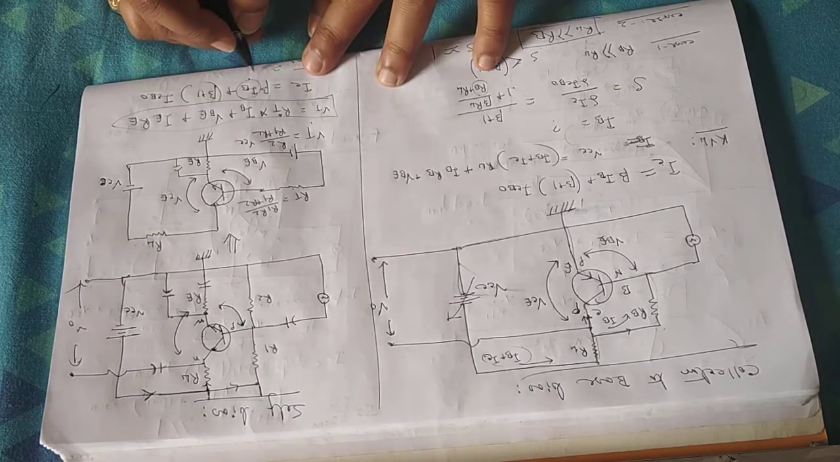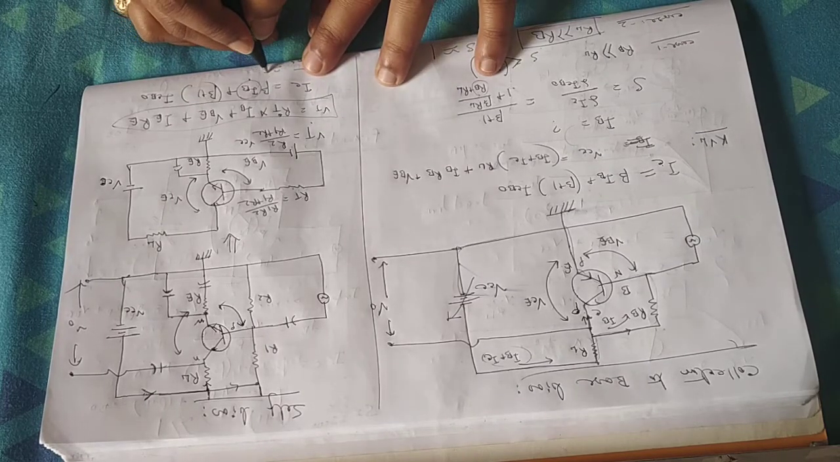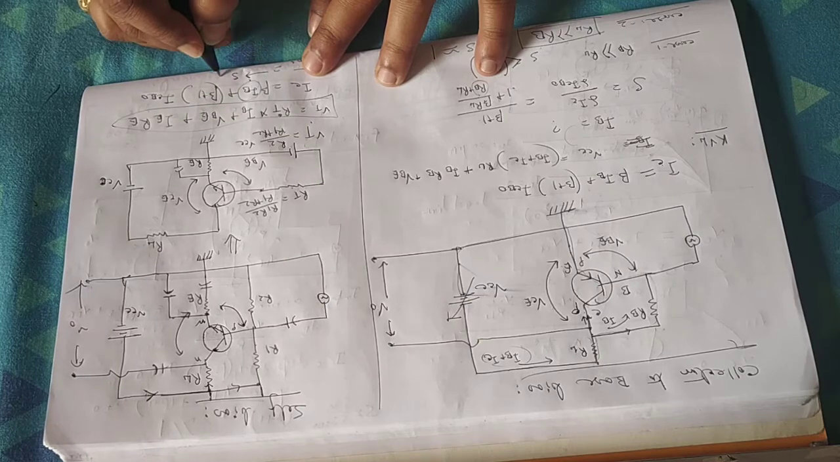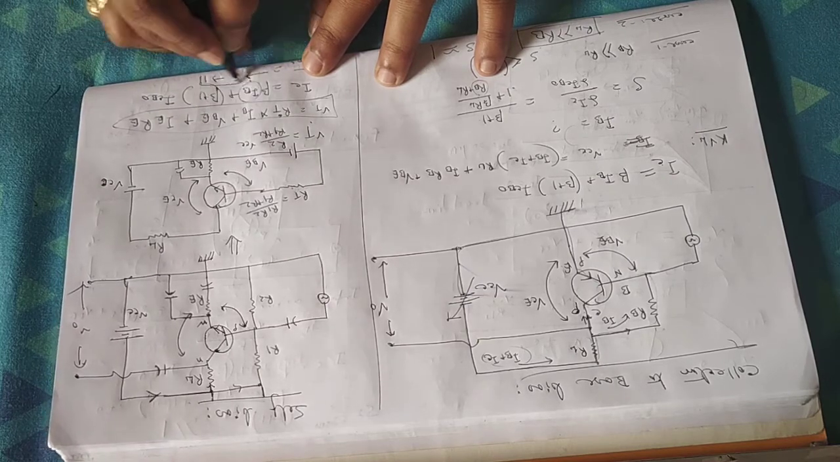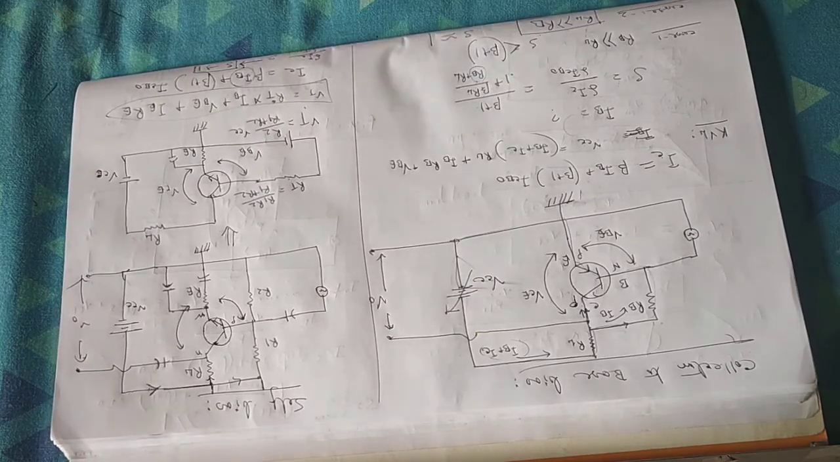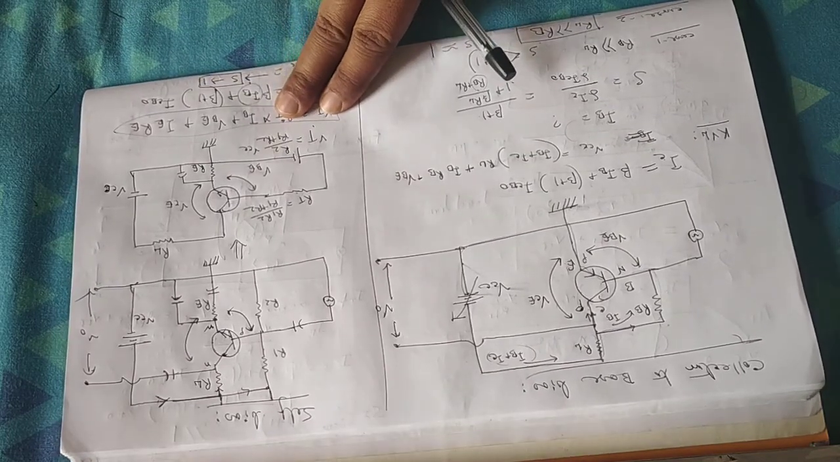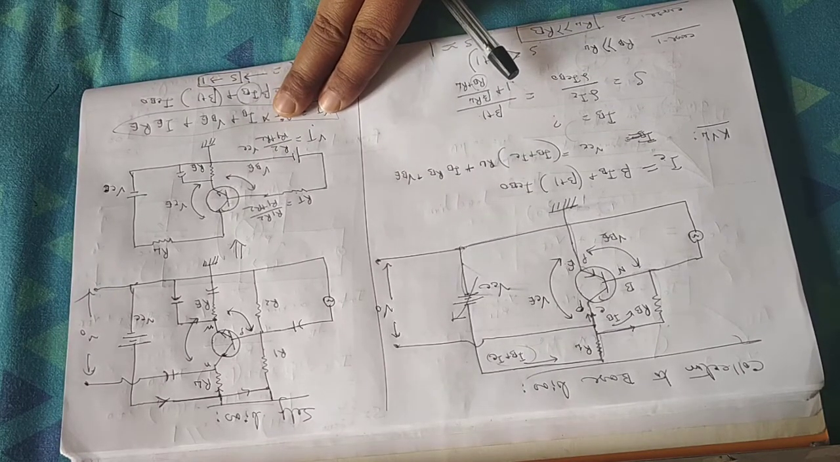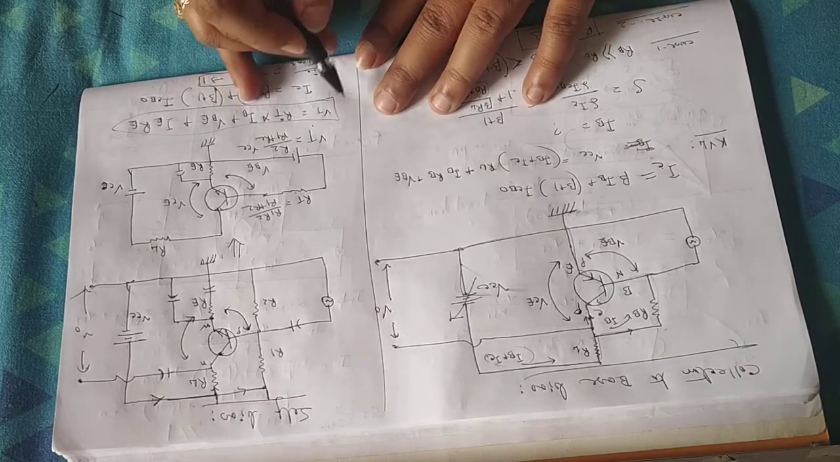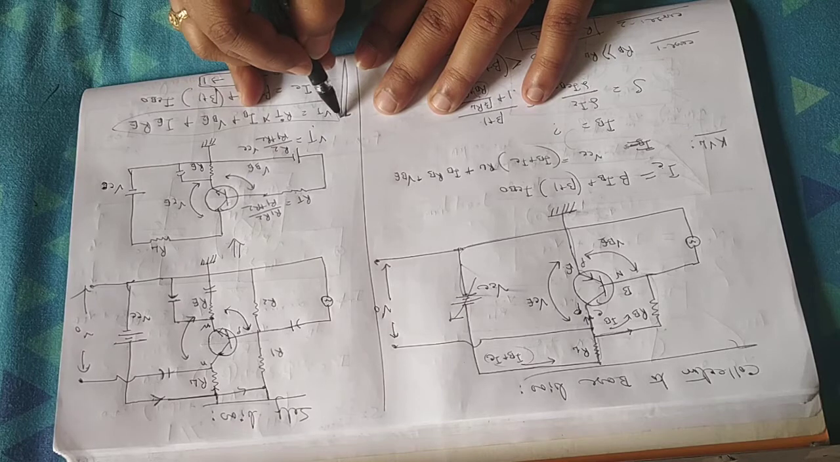tending to 1. Yes, it will be tending to 1, and that is comparatively better biasing than the other two, that is, base bias or the self bias. The calculation part that I have not shown here,